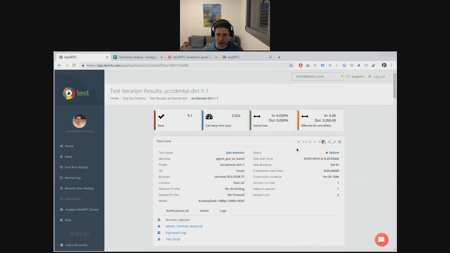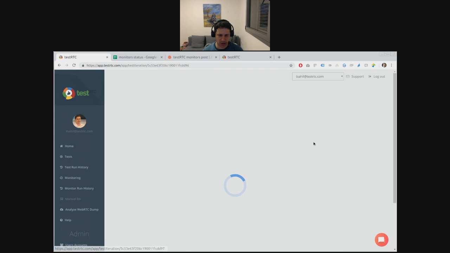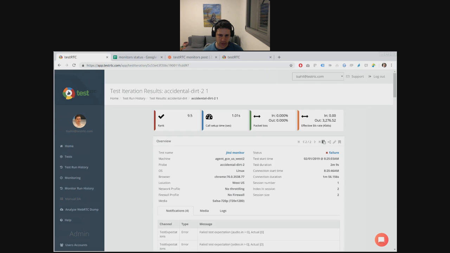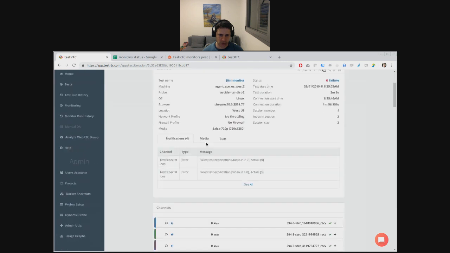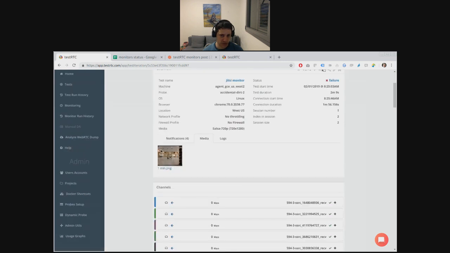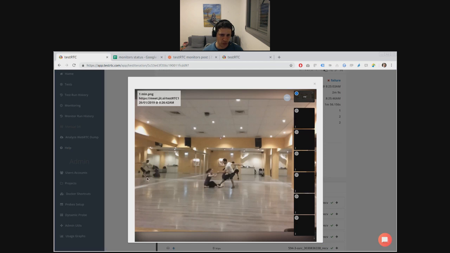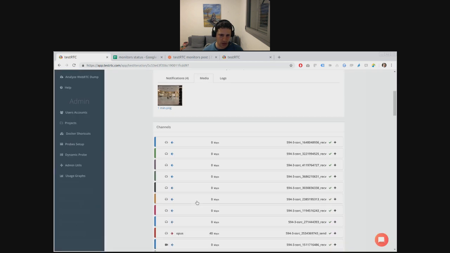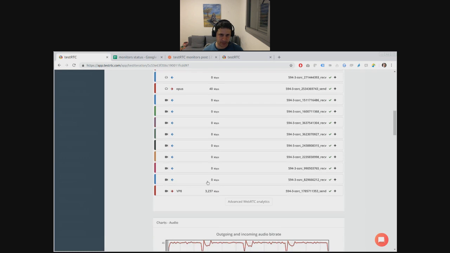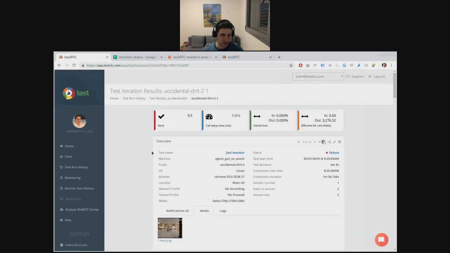Let's look at the other probe, if it has something interesting in it. The other one, it's also in a call. So they are both in the same call within the same room, but they can't see each other. They just send and don't receive anything. So that's interesting. If I look at what happens here for Jitsi,